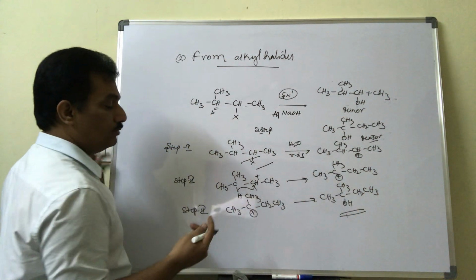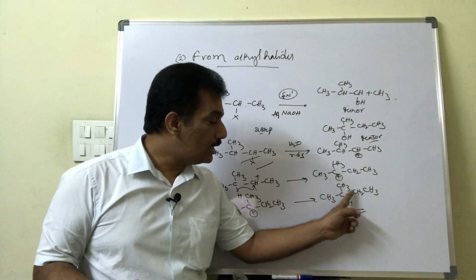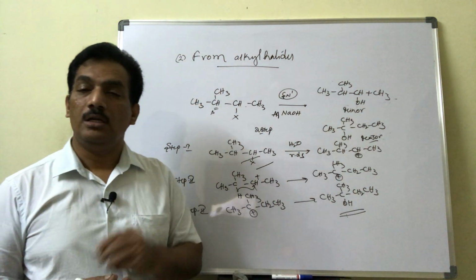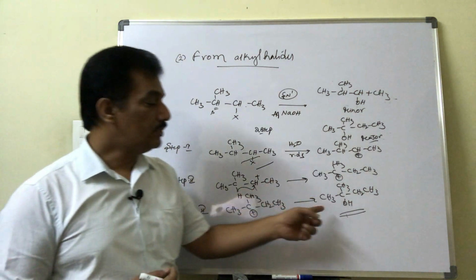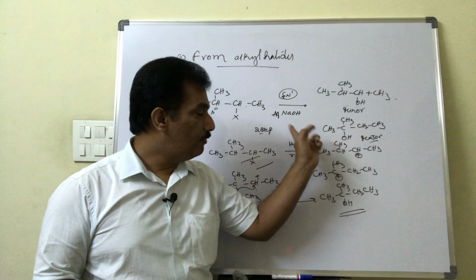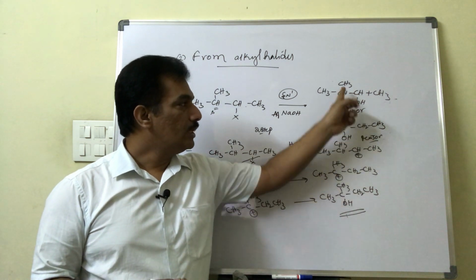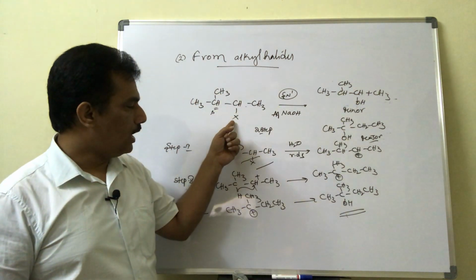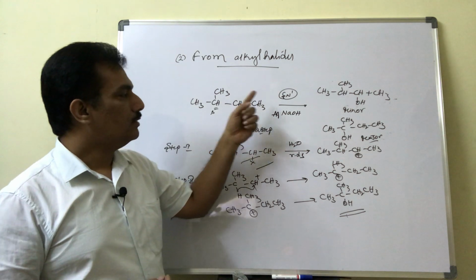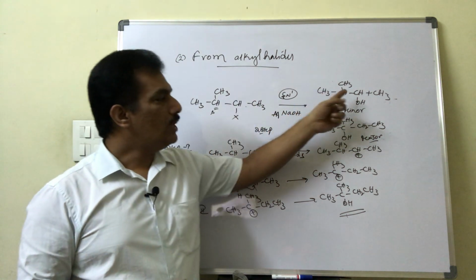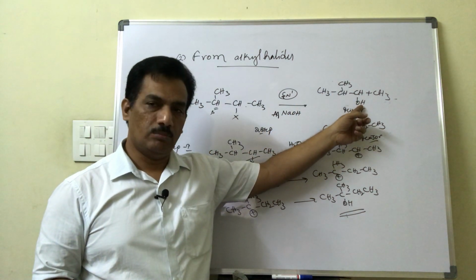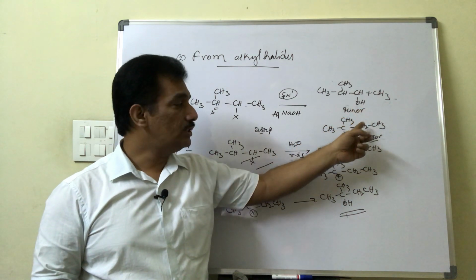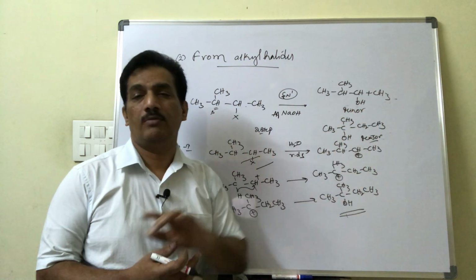Like this, this is the major product, that is, the rearranged carbocation leads to a product which is a different one from what we are expecting. When we have the halide on the secondary carbon and OH is attacking, we are expecting the OH on the secondary carbon. But the major product is the one where the tertiary carbon is attacked with OH.